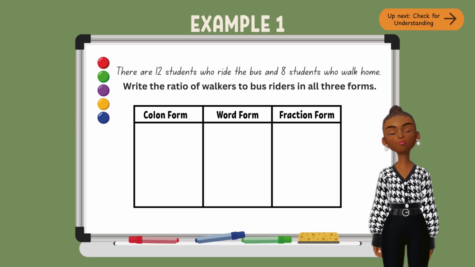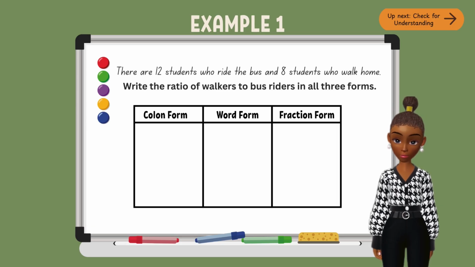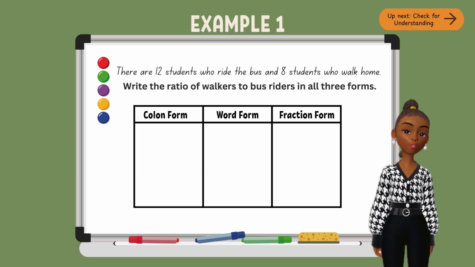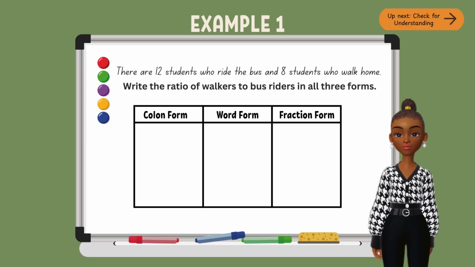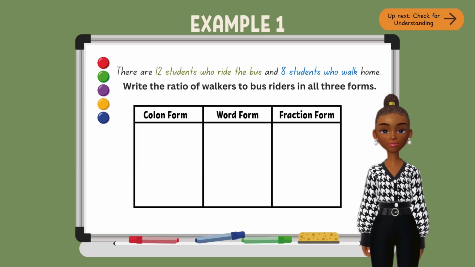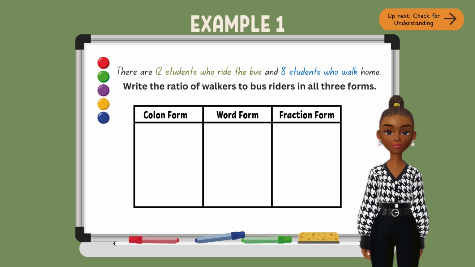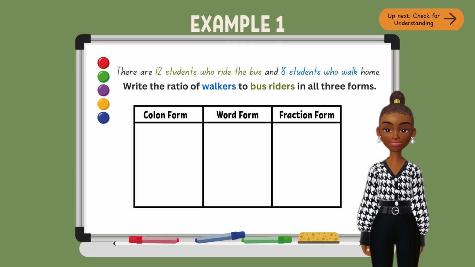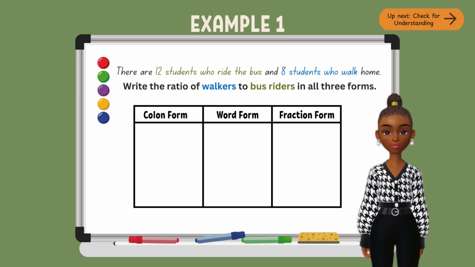Example 1. There are 12 students who ride the bus and 8 students who walk home. Write the ratio of walkers to bus riders in all 3 forms. First, identify the groups, right? Walkers and bus riders. Next, we need to identify the order and how we should be writing the ratio. The problem says write the ratio from walkers to bus riders, so walkers must come first. Even though 12 appears first in the sentence, we are following the order in how we should be writing the ratio. So our answers are